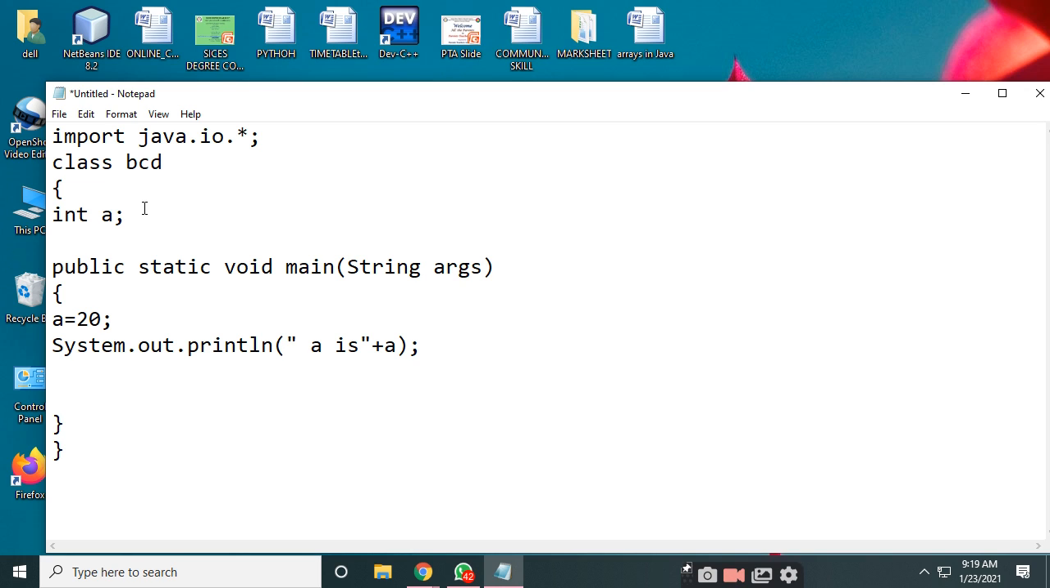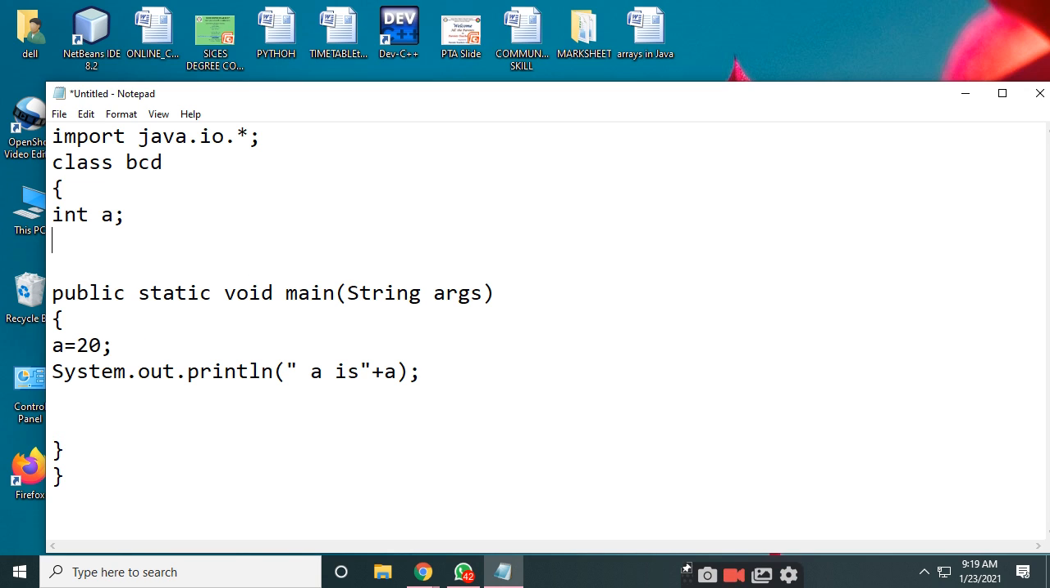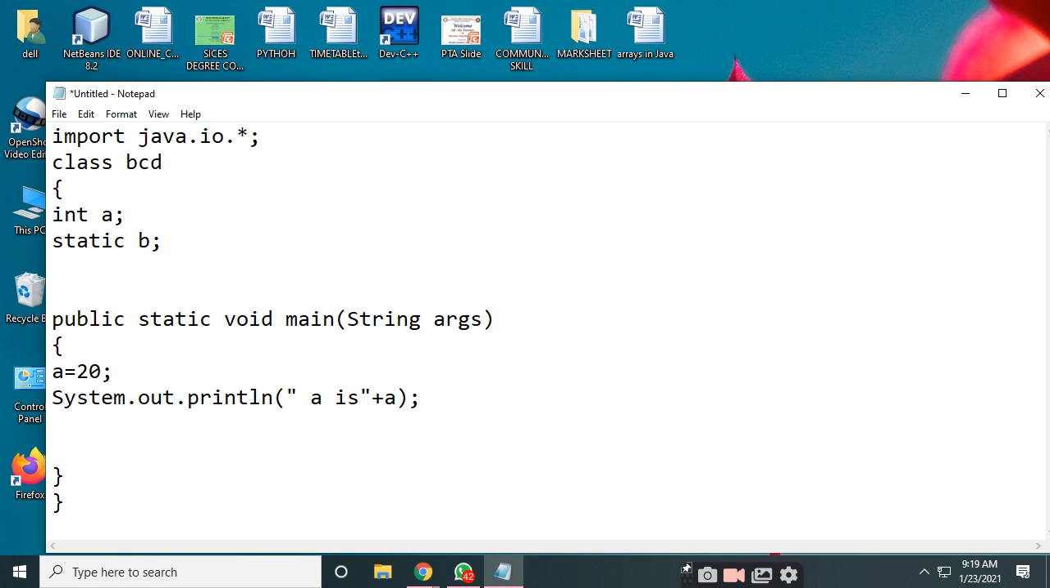So we have declared one variable which is inside the class. So this becomes the instance variable. This variable is called the instance variable. Variables which are declared by the static keyword are called the class variables. And if you define any function,